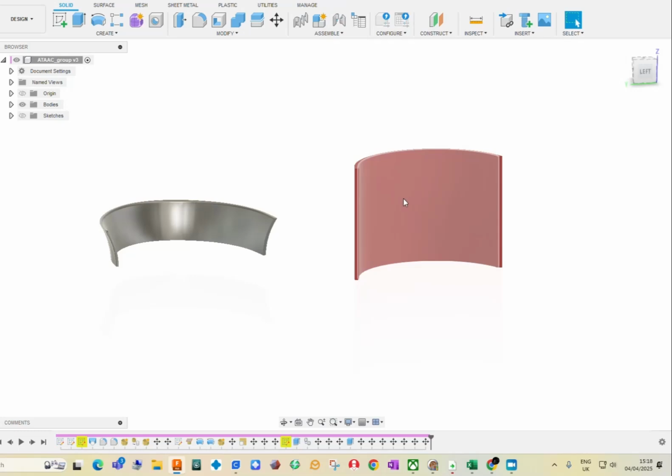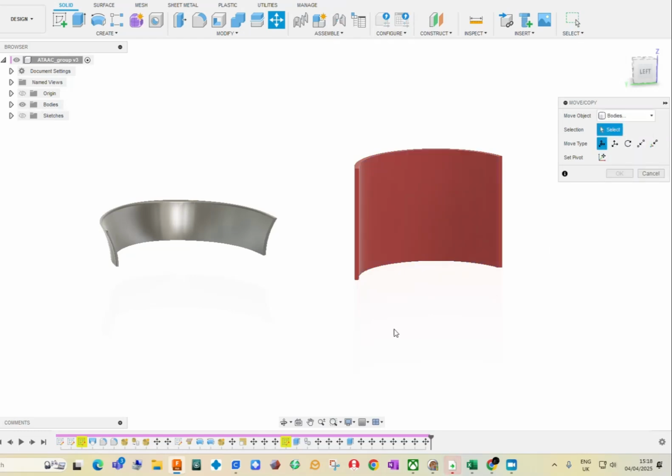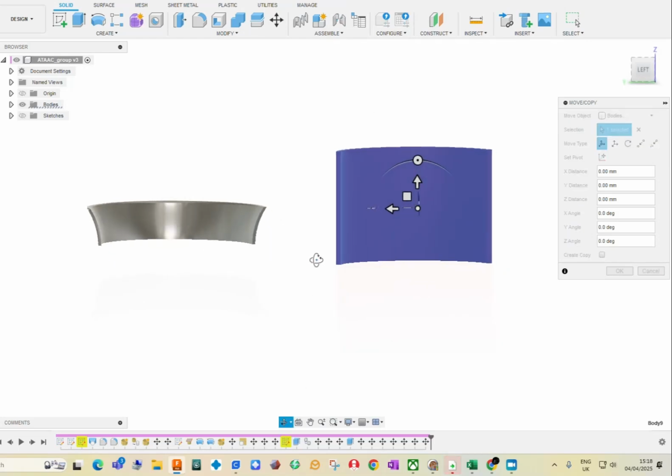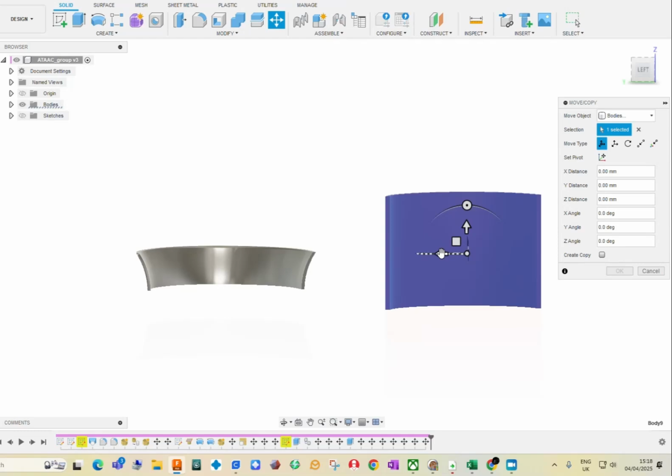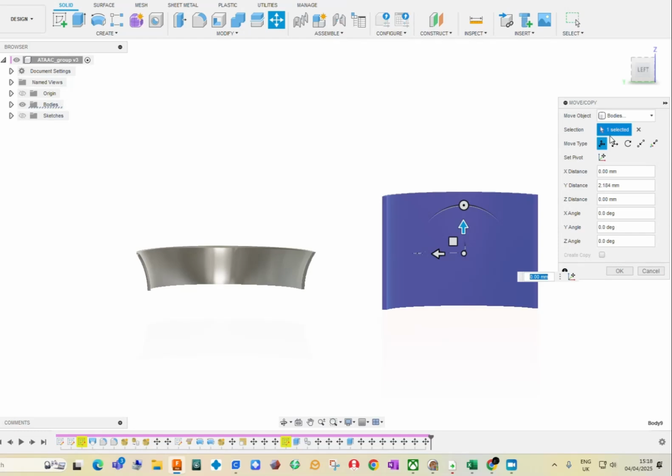So let's say I want to move this red thing to this grey thing. If I click on it, click move, select bodies, select our pivot point. We'll talk about that more in a minute. Select a pivot, and then you can obviously constrain it to one axis, so it only moves like that, by clicking these arrows. We're obviously in the free move bit here,